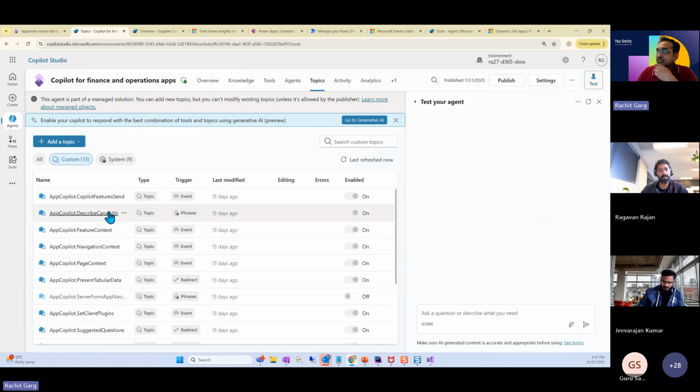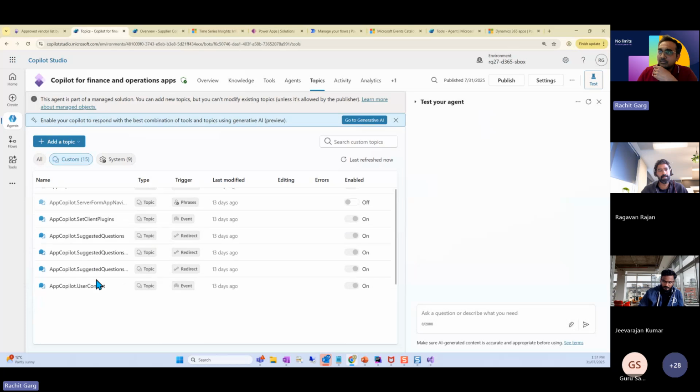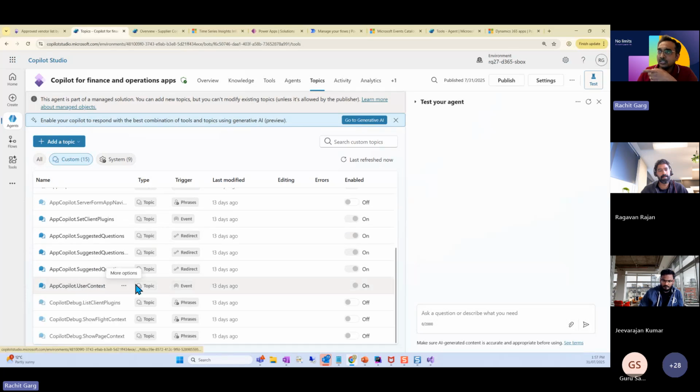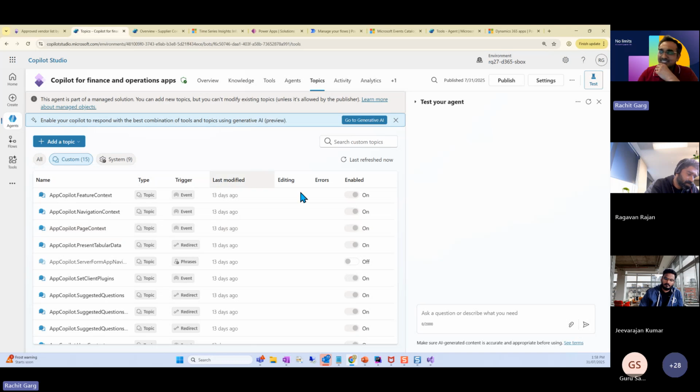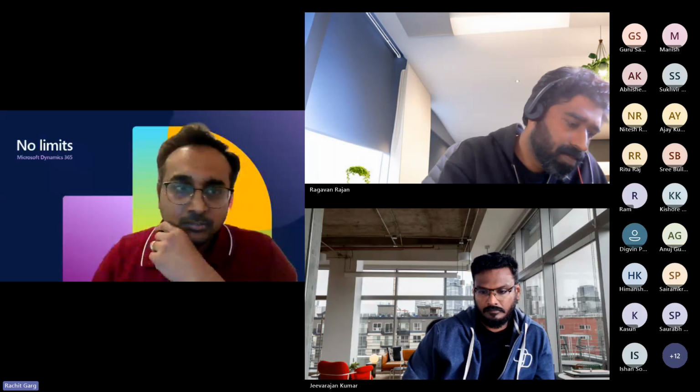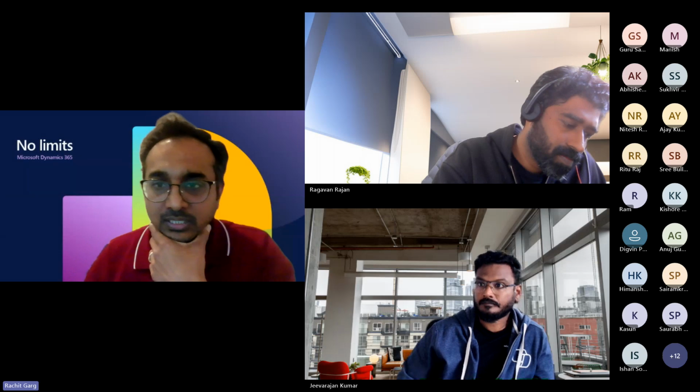And then there are a lot of global variables also which are available. So it can tell you the user context, it can tell you the current page where you are from the navigation app. It is a little bit tricky because if you are on the address form, it will pick the dev party address as the table. But yeah, you can do this extension. If you have any specific question, feel free to reach out to me on LinkedIn.